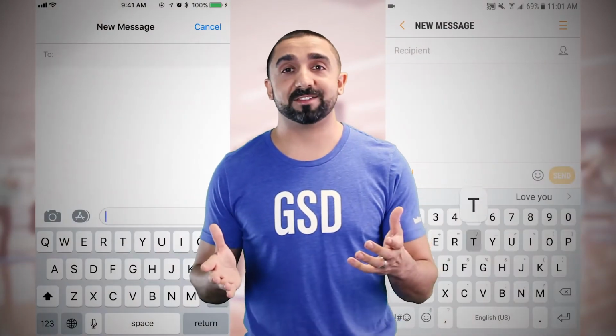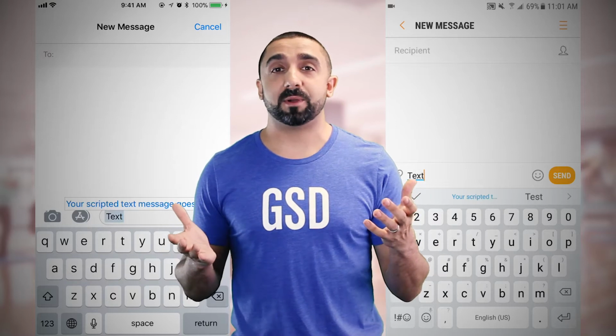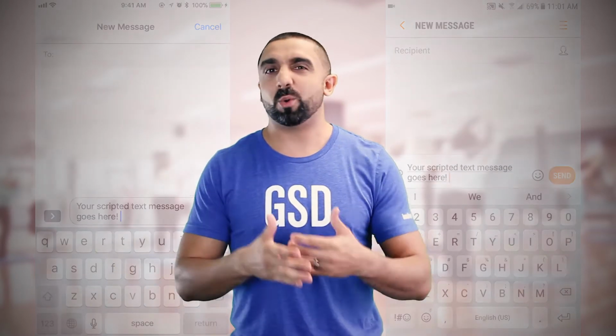All right, so if you don't know what text replacements are, your phone has them. So let's say you wanted to type "on my way," but you don't want to type "on my way" all the time. You can just type in OMW, and as soon as you hit the space bar, it'll automatically type in "on my way." So there's a lot of little cool things that you can do, but when you don't